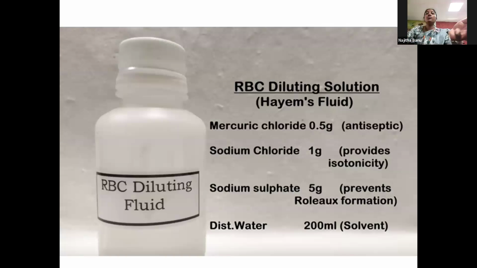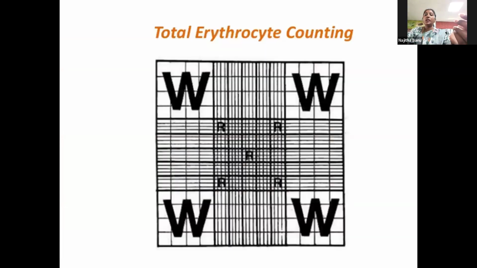If you are interested in performing it, because your work is related to hematological work, if you are doing a PhD in hematological work, then you can prepare it, and you can store it for a longer time period. Okay, so the same, like you can see the squares which I already discussed with you. Here it is mentioned W for the white blood cells, and then R for the red blood cells, RBC.